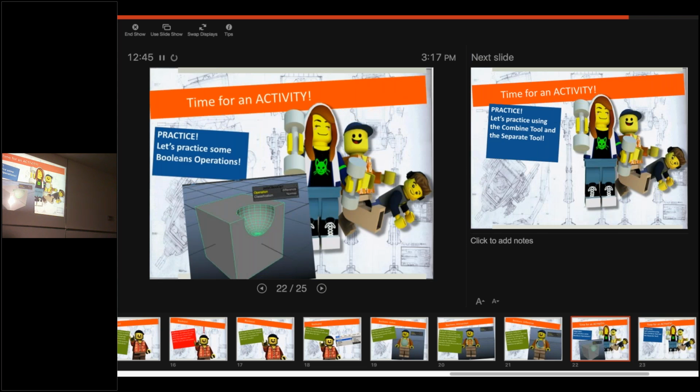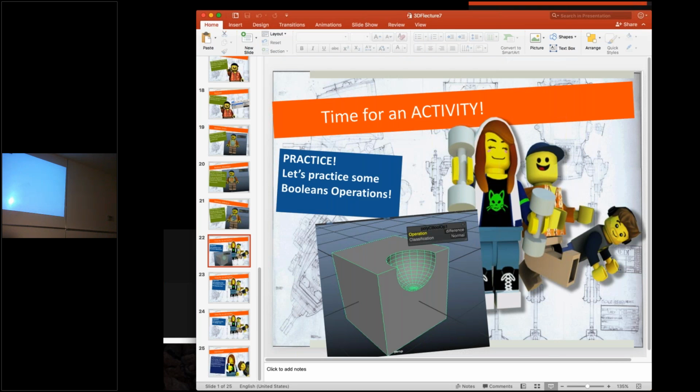Now, of course, we're going to play with this stuff because it's just too crazy to talk about it and not play with it. So we're going to do a little bit of playing with the Booleans operations, and you'll get to see them firsthand how they work. So first, let's go to